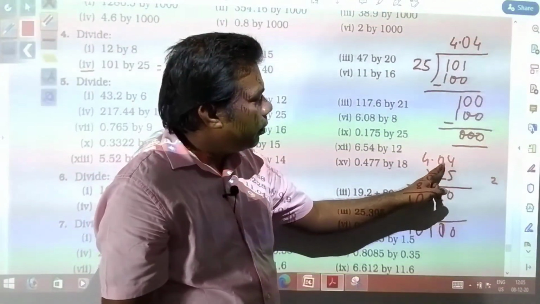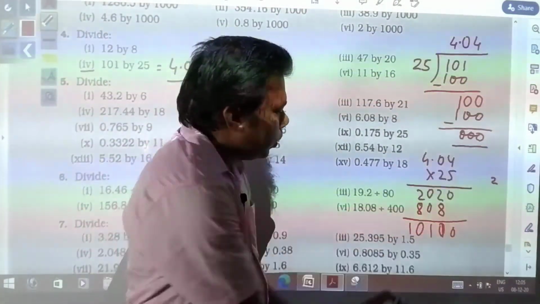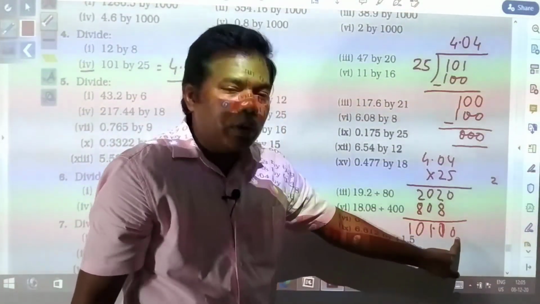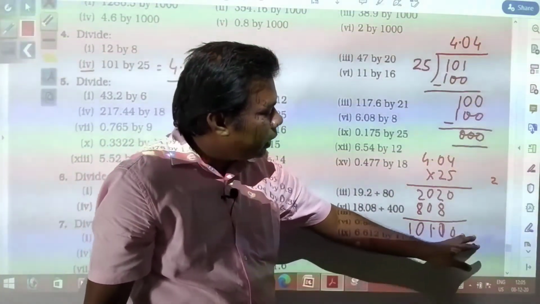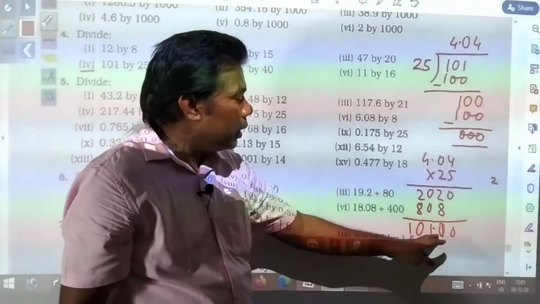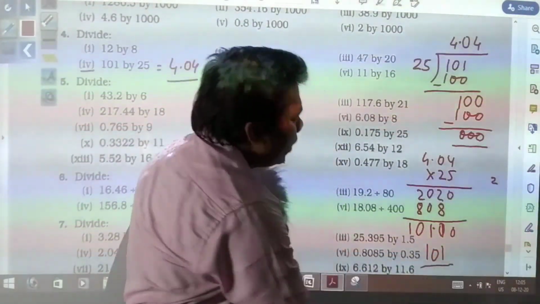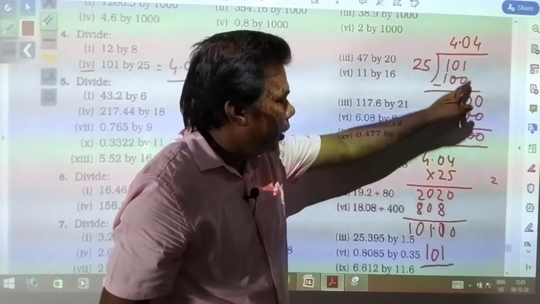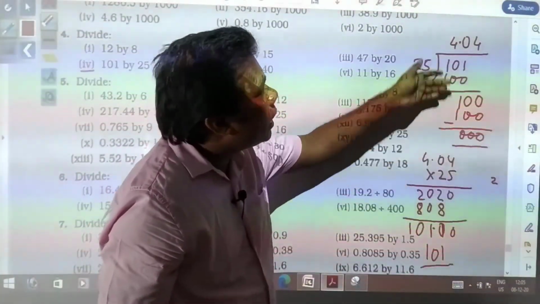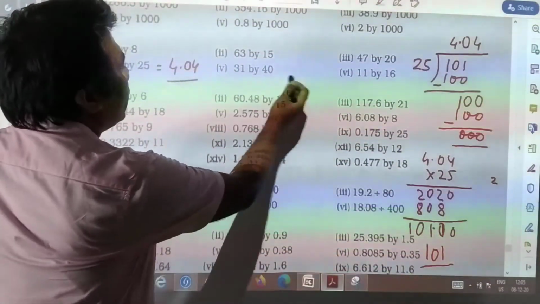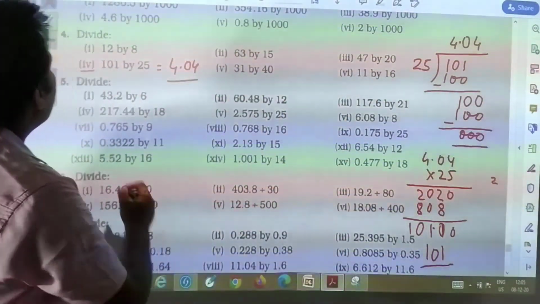Now here you see in multiplication you had seen after decimal how many digits you have. After decimal you have 2 digits, 1 2. Here your decimal you will be having. So 101.00. So after decimal, if 00 is there, there is no need to put decimal. Your number will be 101. You see, you have got your dividend 101. So in this way you can check your answer also, that is correct or not. So I hope these all the questions you will be able to solve.